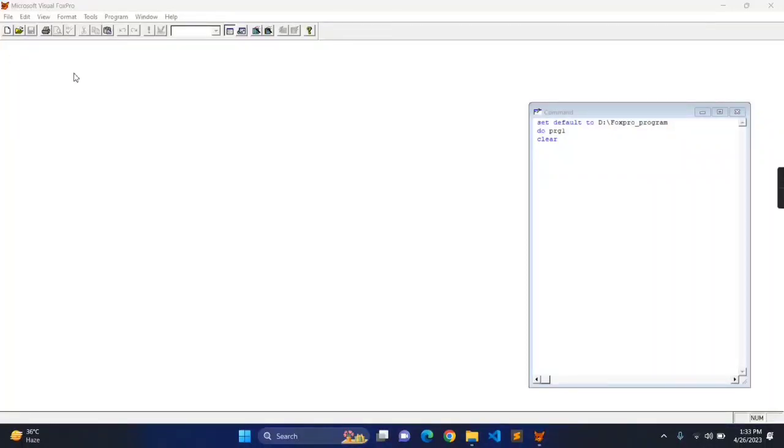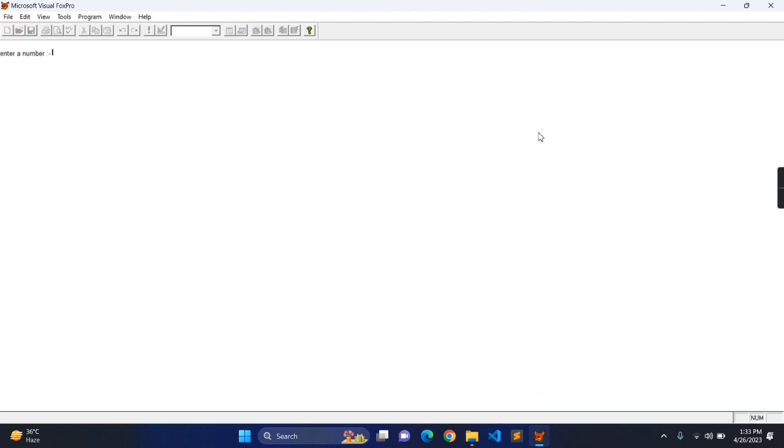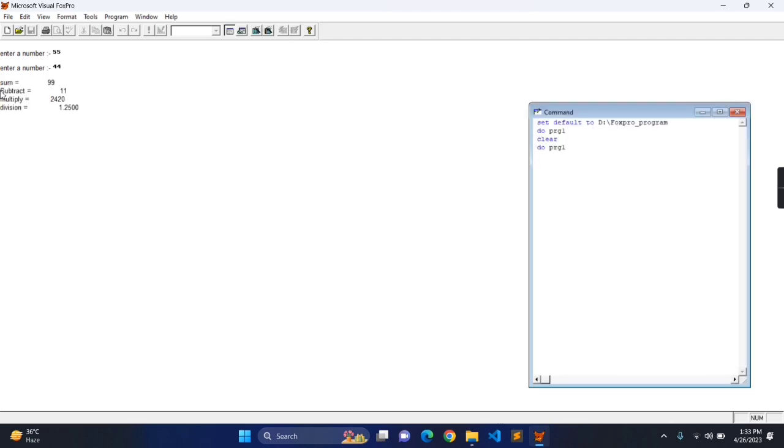Today we start Visual FoxPro, and we input some numbers and do arithmetic operations on them. Simply, you can see my previous program. My file name is prz1, and here we enter some numbers, just like 55. The second number is 44. Then you can see the sum is 99. Subtract 11, multiplied,